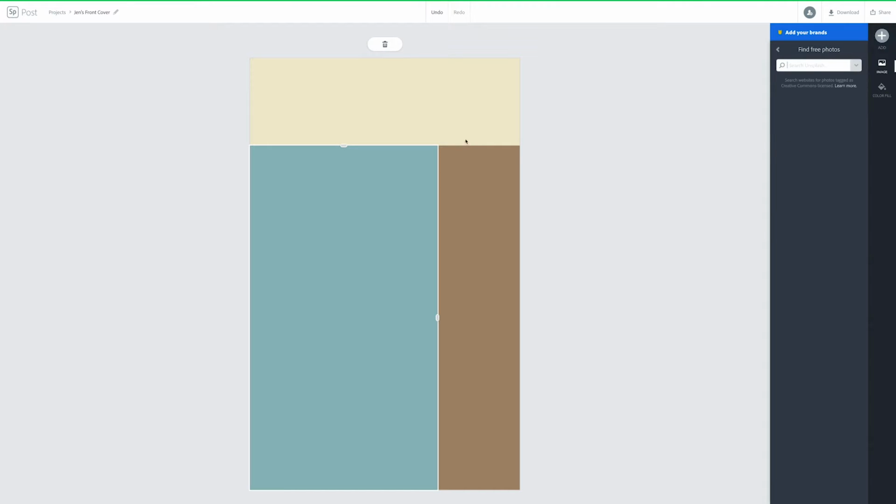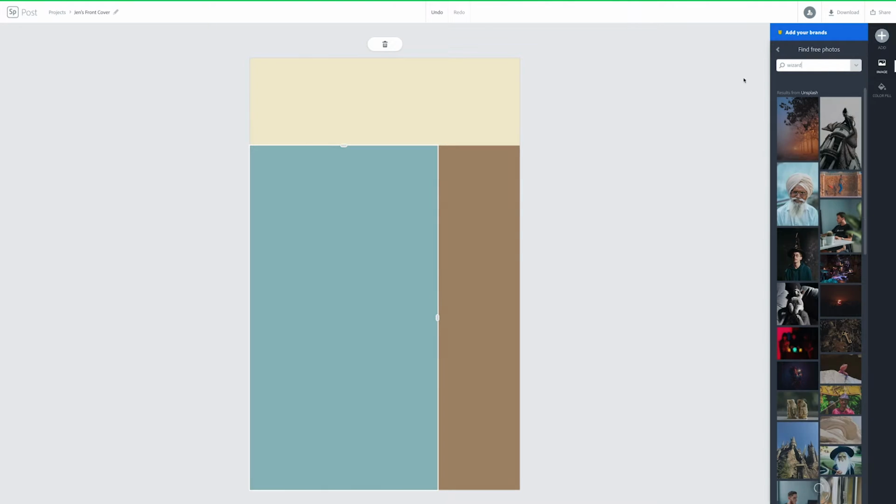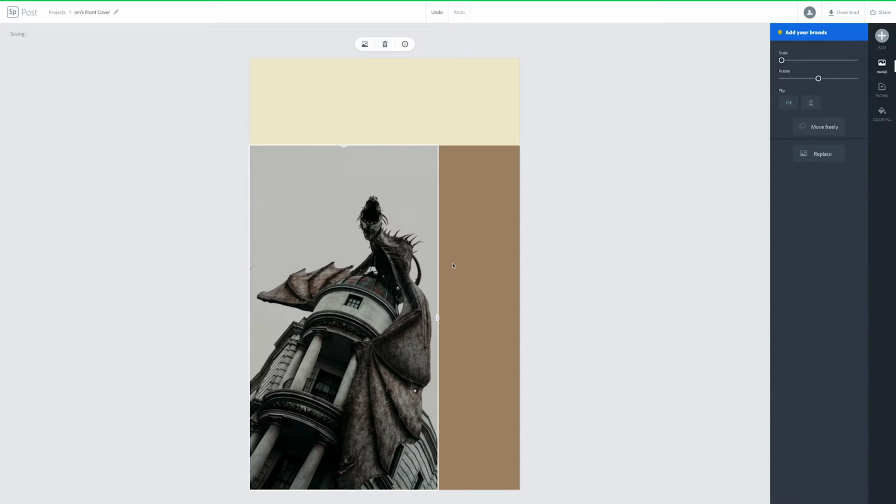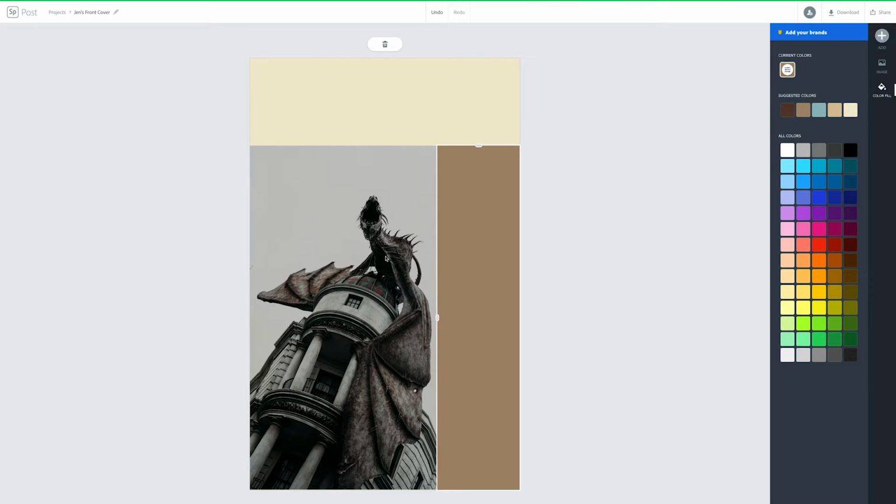I'm going to do a little Harry Potter theme, I think, so look for wizards. So I can add just this image right to the grid, and it goes right in there. So again, if you're not totally comfortable with page layout, you may want to start with a grid down here